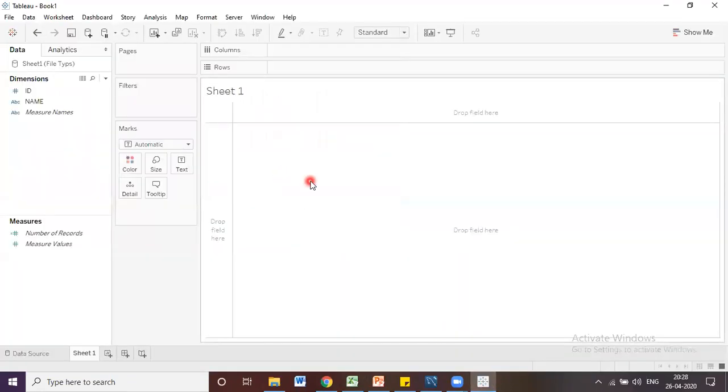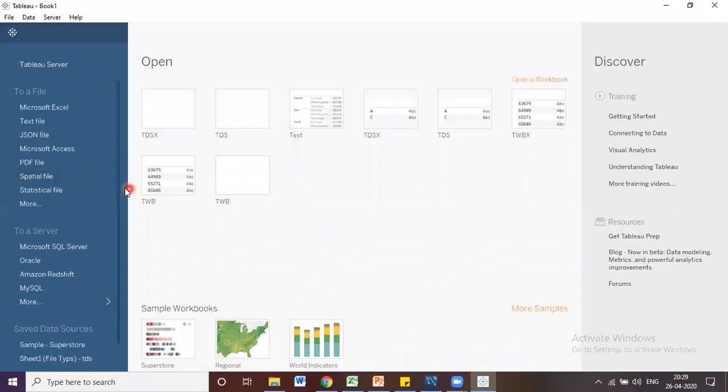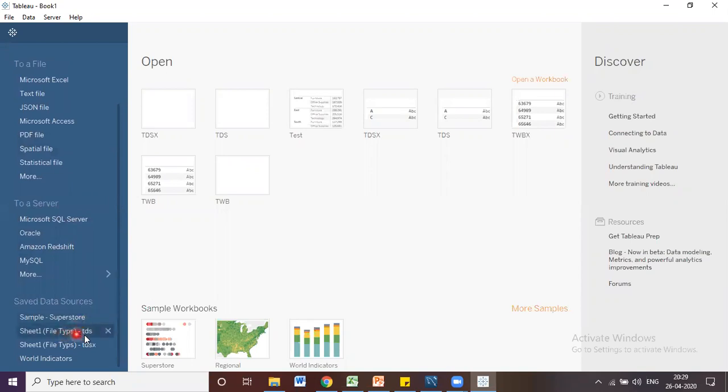In this workbook, as I said, we can see those things in My Saved Data Sources. Where can we see the saved data sources? As we saw in the first class, it will be available under My Saved Data Sources. Let's go there. Once you click on Show Start Page, it navigates to the connection page. So let's click on it. Now here we can see Saved Data Sources, after the Tableau Server option. Now you can see the Tableau data source files which we have saved just now.